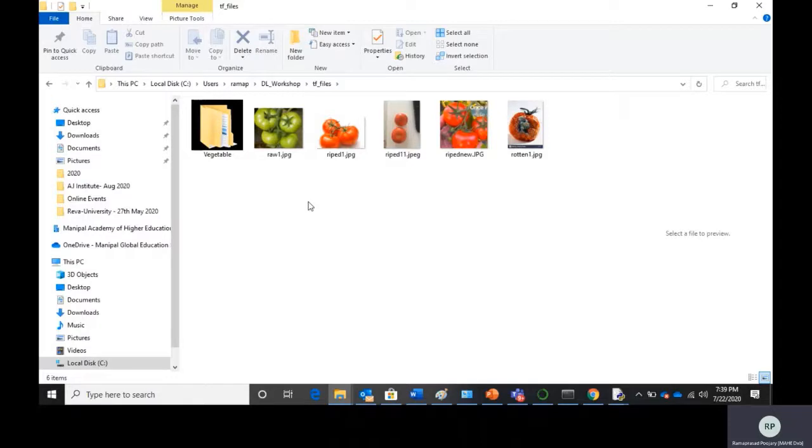Now remember, these images should not be part of the data set. There is a training and there is a testing. Training will be done before, and once the training is complete, you want to test whether the image classifier is working perfectly. You need some images to test, but these images should not be part of the data set. If they are part of the data set, of course they will be recognized, so it doesn't serve the purpose.